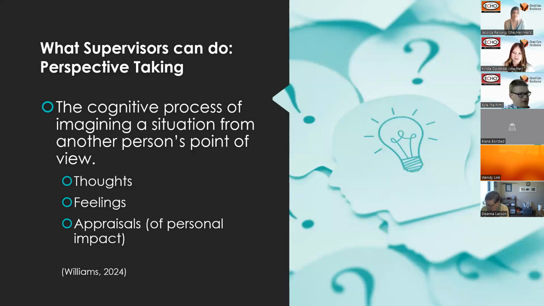But this doesn't mean that we should be making assumptions about our staff and our colleagues, because implicit bias is very real and it leads to stereotyping. So I would use this more as a tool for staying curious just a little bit longer and trying to dig deeper to get to the real issues that are impacting your staff, and not just assuming, oh, they come from a low socioeconomic status, so they're more stressed because they don't have resources. That's not what this is about. This is really just, okay, now I understand why you may see something in that way, because your experience has been so much different than mine, maybe, or maybe it was very similar to yours.